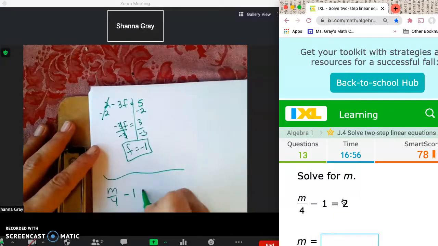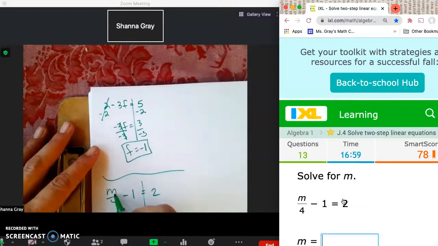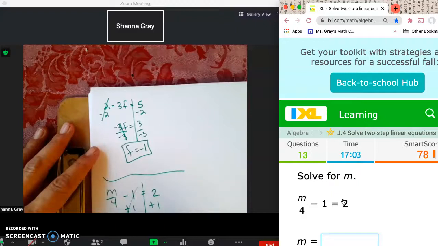Okay, my time's about to end, so I'm going to go fast. Farthest away from m is this 1. Add 1 to both sides. m over 4 equals 3. If the opposite of dividing by 4 is to multiply by 4,